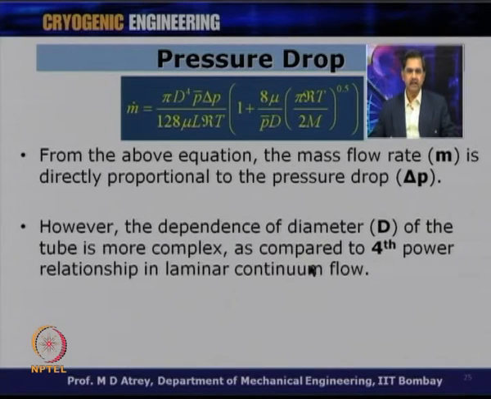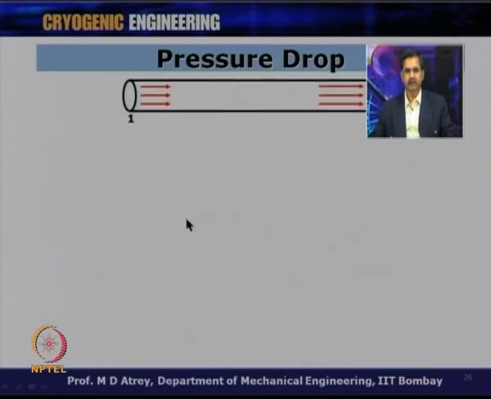Earlier we had m dot directly proportional to d to the power 4, while in this case we got a complex relationship with diameter, because diameter appears in the finite velocity term in the denominator, while in the continuum region it was appearing in the numerator only. So, you can see the change that has occurred, because we shifted from a continuum region to a mixed flow regime, with Knudsen number between 0.01 and 0.3.